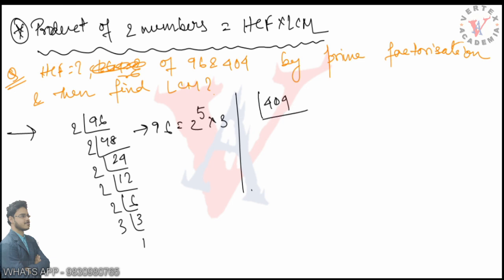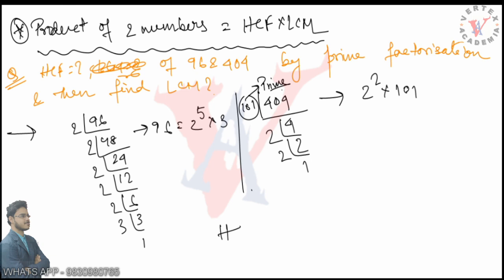Now we can be a bit tricky in this case. See, we always go from 2, 3, 5, 7. If we see something bigger that is a factor, we can just take that out and later factorize it. So from 404 we can see a big factor is 101. So why not take that out first? If we take 101 common, then this is 4, and the 2 twos are 4, 2, 1. Now 101 is a prime, I hope you know that. So this is actually 2 square into 101.